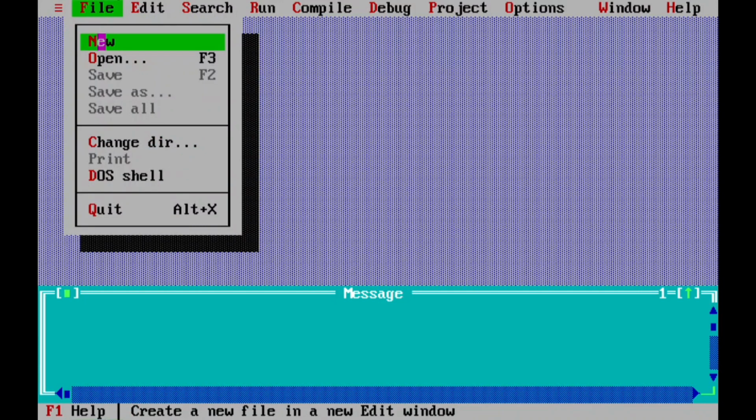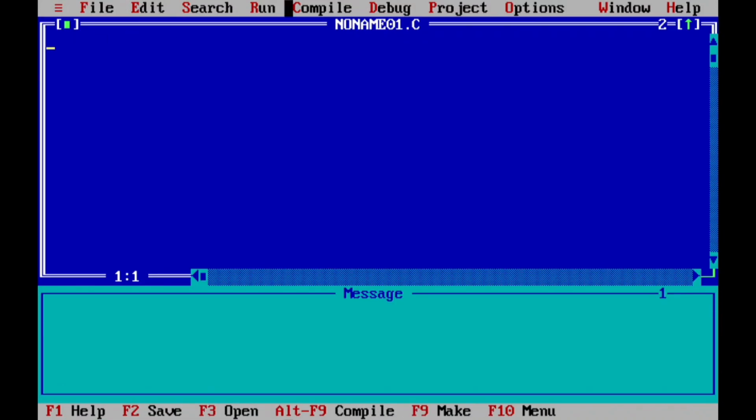Now, File, New. Now see, what is the extension here? .c. Now write your C program. After writing your C program, no need to enter the extension. Simply enter the name of the program, for suppose first. No need to enter the extension because the editor's extension is already changed from CPP to C.